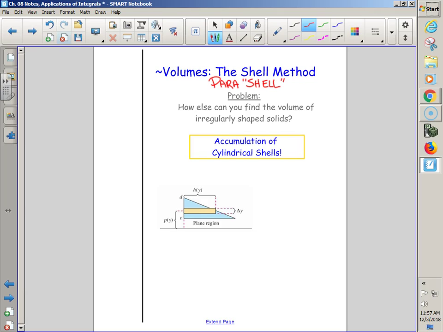Perpendicular, you're always slicing thickness perpendicular to the axis of revolution. Shell method, you're always going parallel to the axis of revolution. This region is being revolved around this horizontal line. Discs and washers would say, hey, slice this way. Shells say, nope, take a hollow knife, whoosh, and then turn. That just sounds brutal if you're thinking about like a torture device. But as far as how this accumulates,